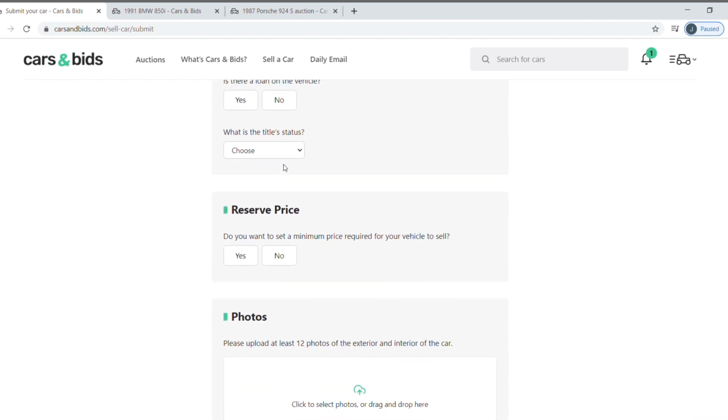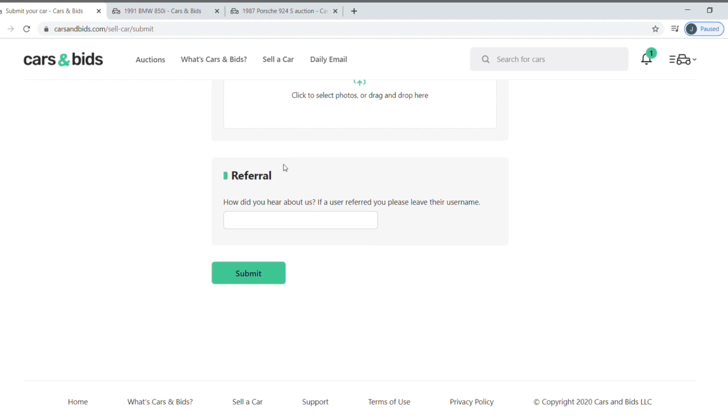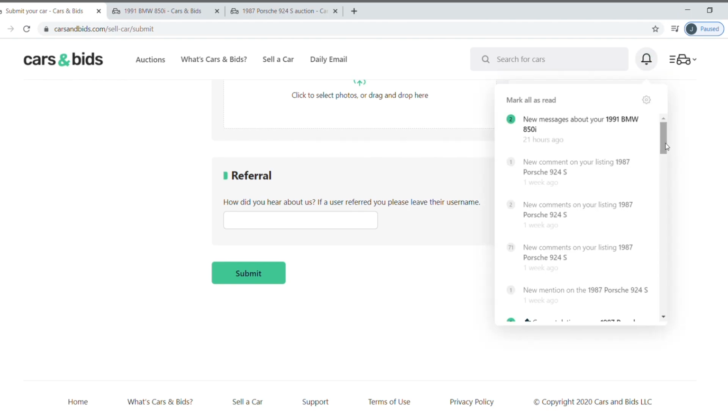Title info. Reserve price. They want a few photos. And then if there's a referral. So you submit that. And then another feature I enjoy about Cars and Bids is their little